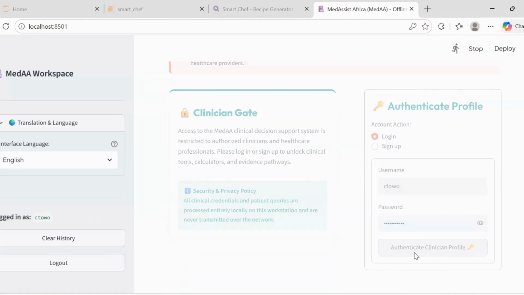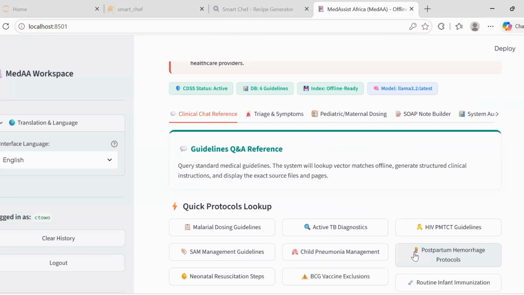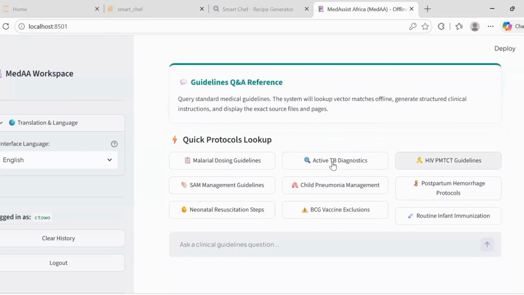As soon as you gain access to the app, clinicians can instantly access offline medical guidance, emergency protocol dosage calculators, and AI clinical recommendations, all within a single dashboard. Presently, I have the clinical chart reference. With clinical chart reference, I can have quick protocol lookup. I can transfer charts straight to the AI chats